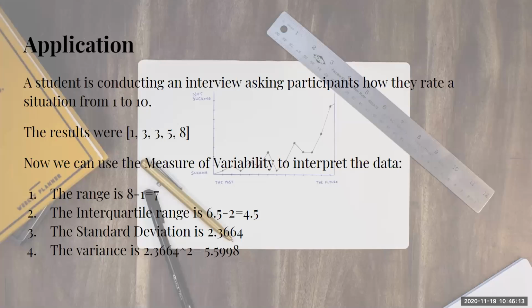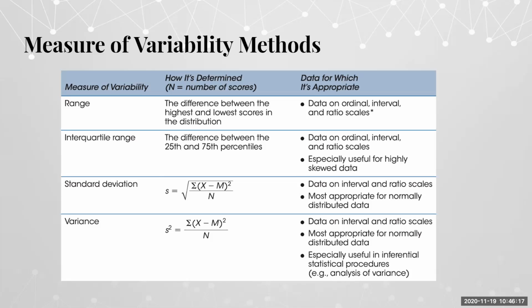The next method is standard deviation, which can be used on data on interval and ratio scales, and is most appropriate for normally distributed data. The last method would be the variance, which is the square of the standard deviation. It is used on data with interval and ratio scales and is most appropriate for normally distributed data, especially useful in